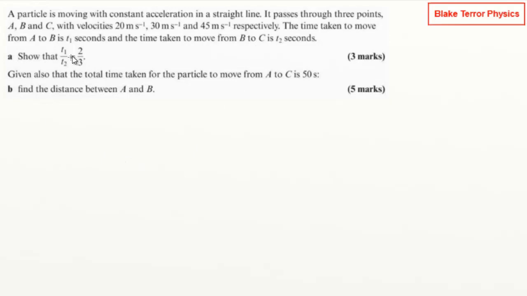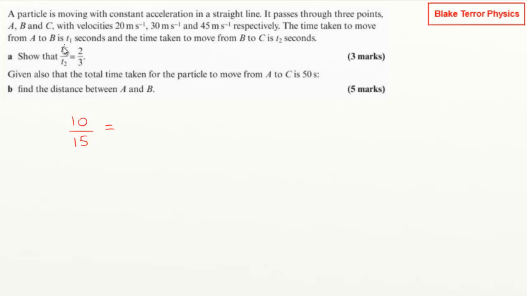Right, so we need to show this. Well, from a conceptual point of view, this ratio of the times is obvious because we're going up 10 meters per second between A and B, and we're going up 15 meters per second between B and C. So we've got that ratio where we're going from 10 to 15, and we know that that change of 10